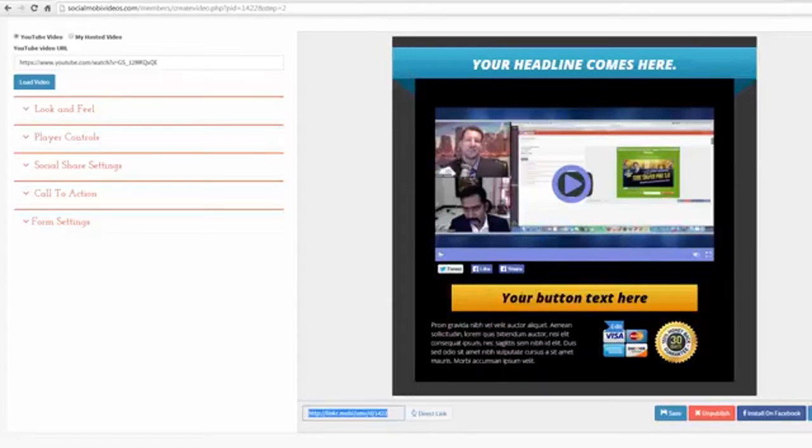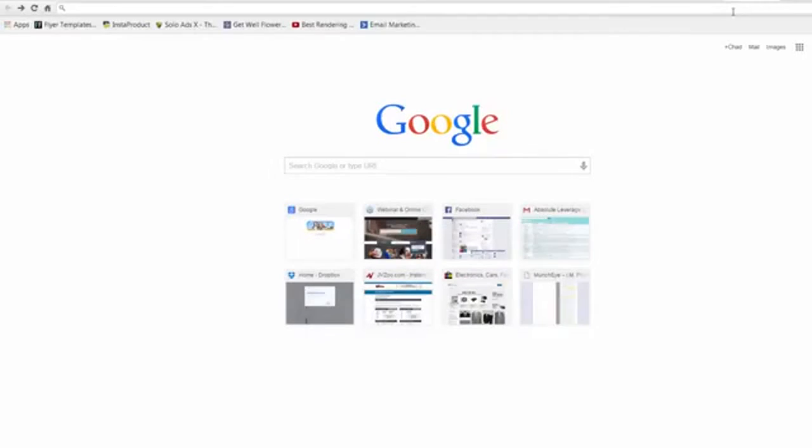Now, this is mobile responsive, but remember, there's one feature that's going to seem kind of confusing to you, and what I did was I set this to be on autoplay. So with our template, if we've done this right, our template's going to show, but they're not going to see the video, but they're going to hear something which is going to really encourage them to click that button. So let's go ahead and do this.